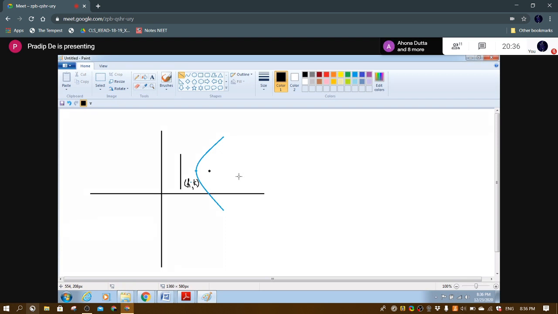What is the equation of this parabola? How do you know? To know the equation, we need to know the distance between vertex and focus. Suppose the distance is a. Suppose this distance